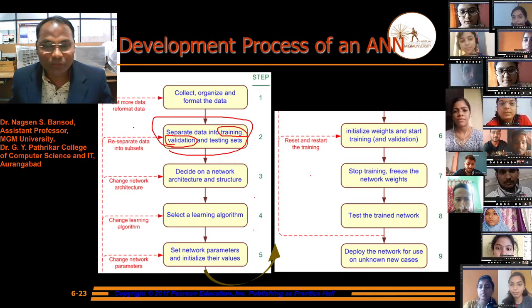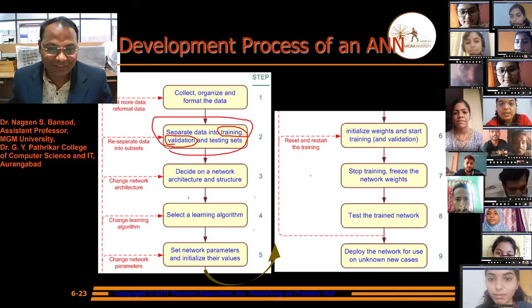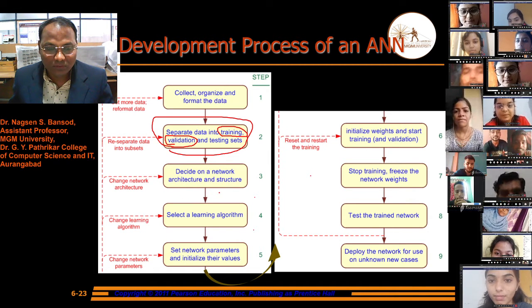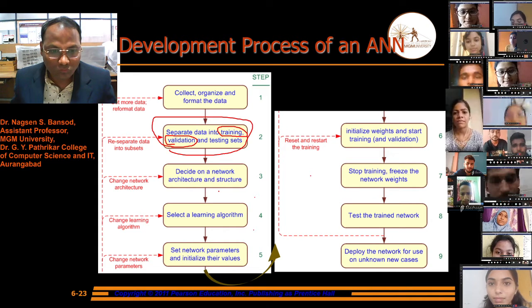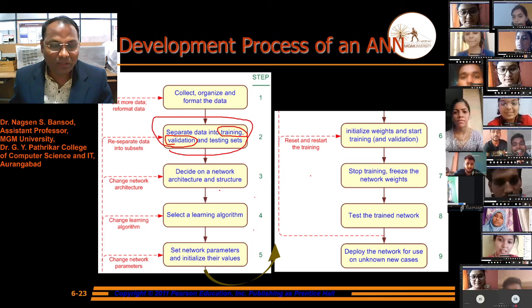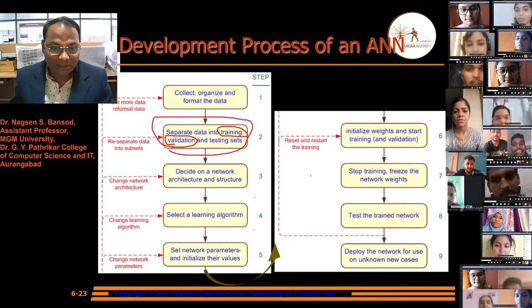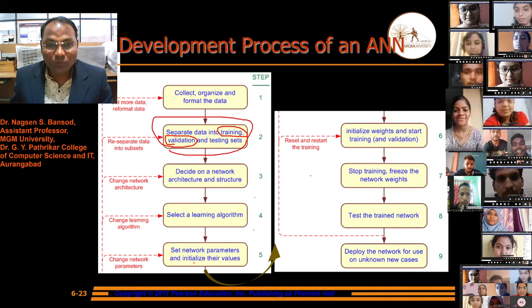We are at the development process of an artificial neural network, and we are looking at step 4. In step 4, we will select the learning algorithm like supervised, unsupervised, and reinforcement. After that, set the network parameters and initialize their values.